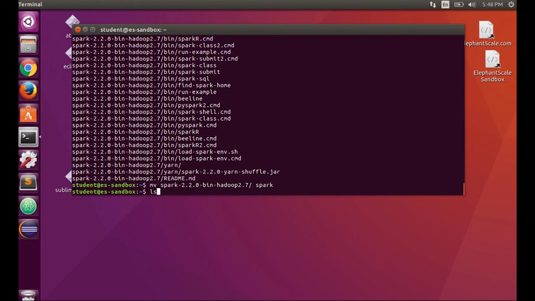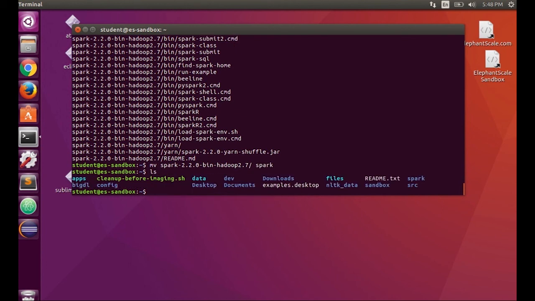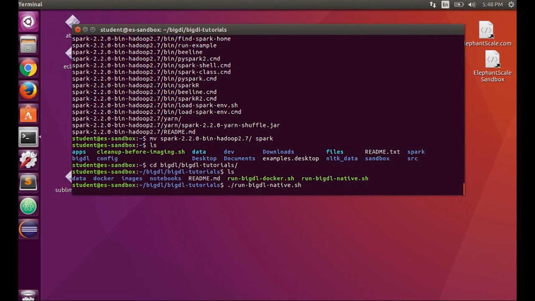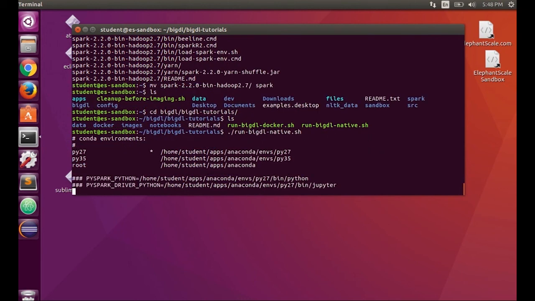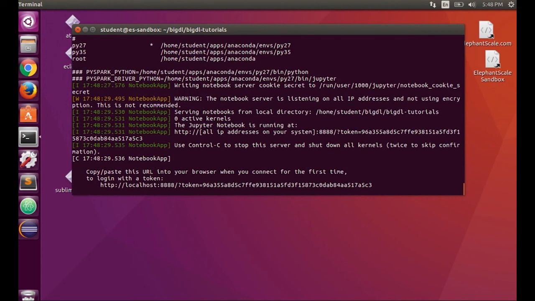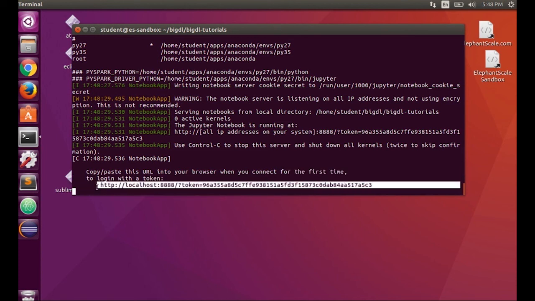Okay. So now let's go to our BigDL tutorials directory, and we'll do run BigDL native.sh. Okay. So now we're starting Jupyter, and so I can go and open this link up here.